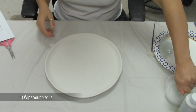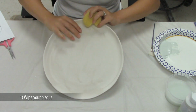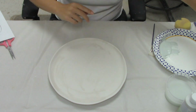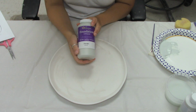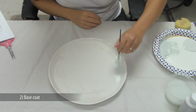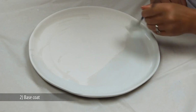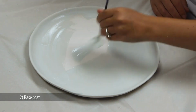First thing you want to do is take a sponge and remove any dust that may keep the glaze from adhering. Then, using the soft fan brush, you're going to apply 1 good coat of FN001 white foundations glaze to the front of the plate. The reason you're going to use the soft fan brush is because it holds a lot of glaze and it lays down a nice, flowing, smooth coat of foundations glaze, because this is going to be the foundation to your